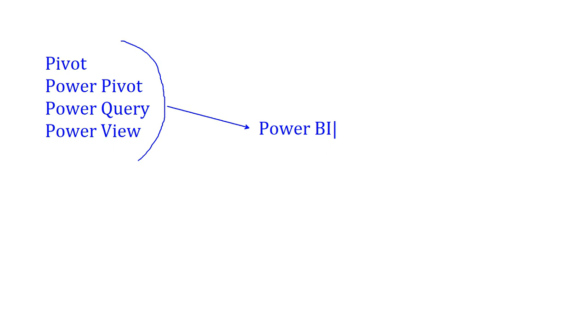BI stands for Business Intelligence. Two AIs are very popular nowadays: one is AI and the other is BI. AI is Artificial Intelligence, BI is Business Intelligence. In Power BI, we have two types. Actually three, but basically we are going to see only two. One is Power BI